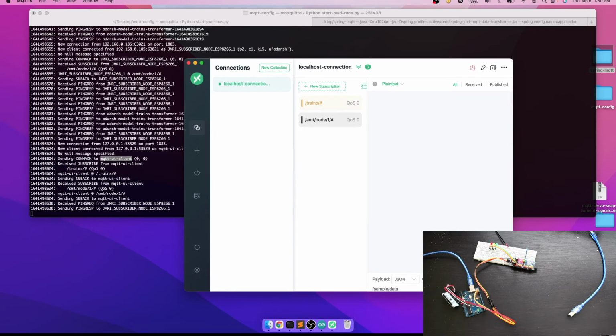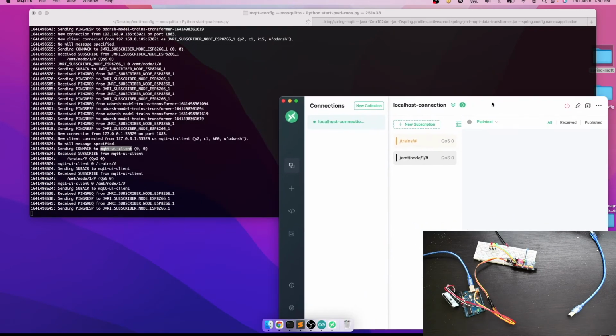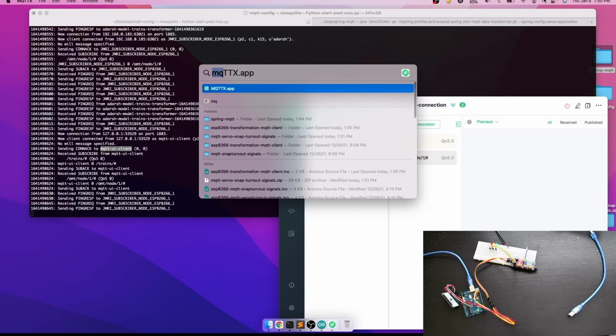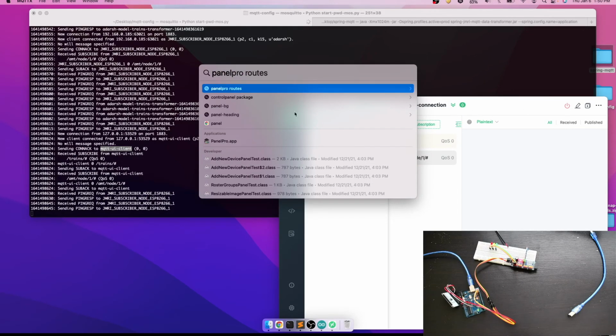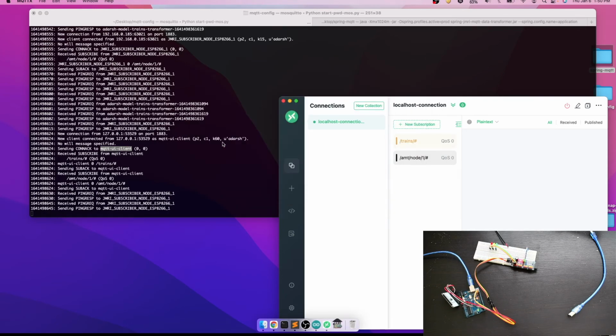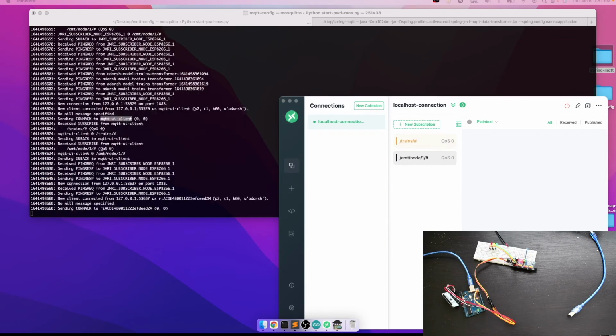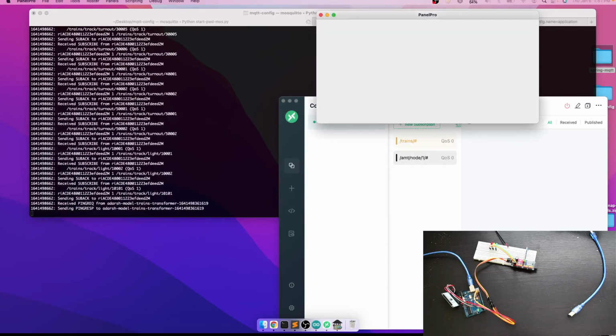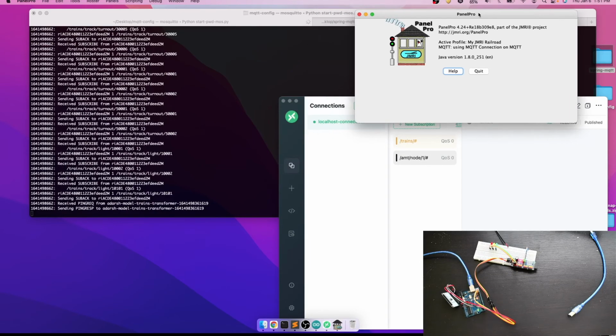Now what we have to do is just start the Panel Pro. So Panel Pro is connected here.